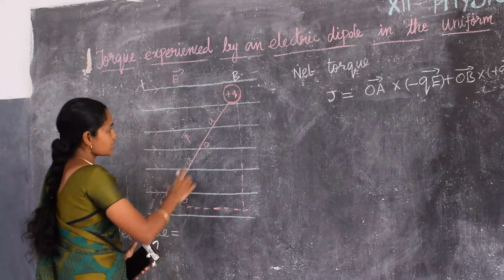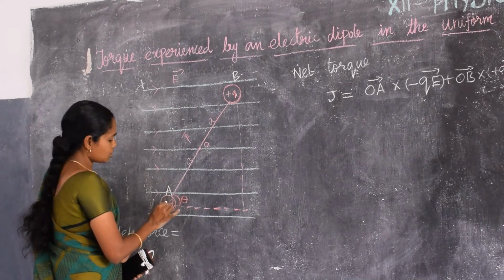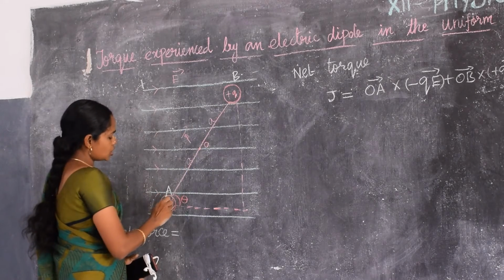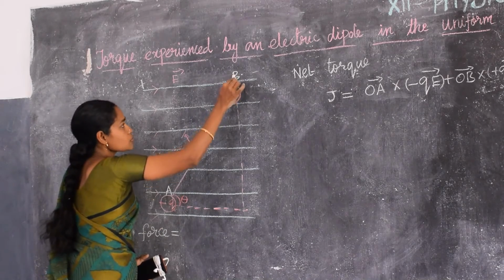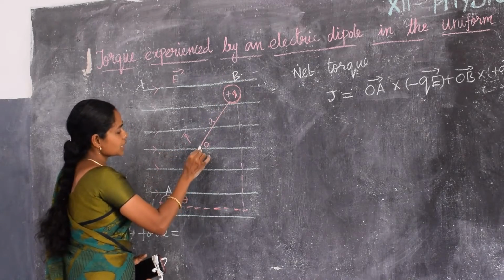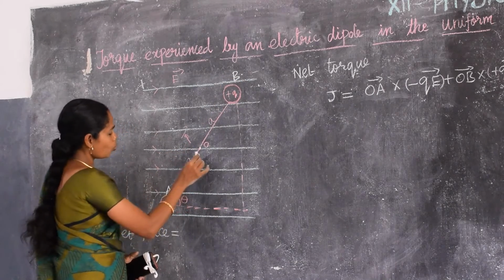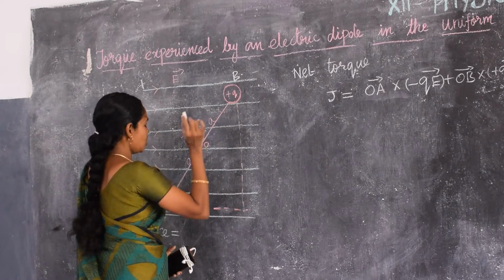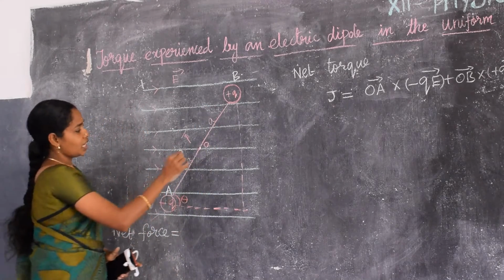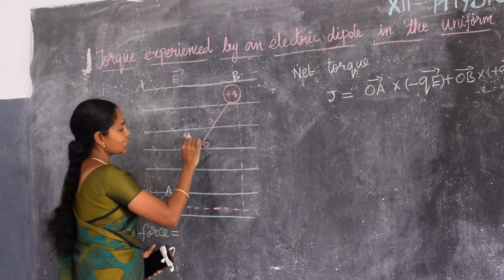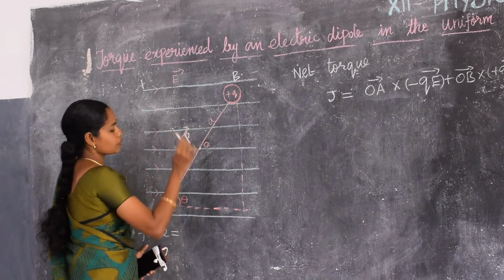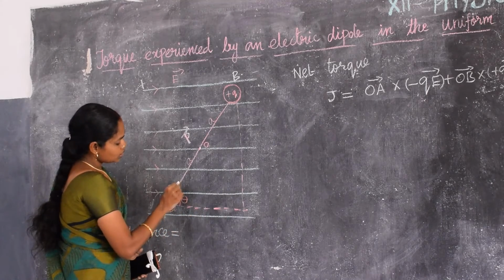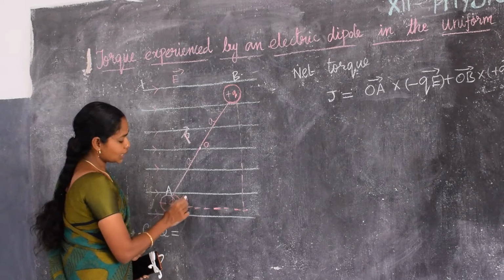Okay. Now we kept a dipole in the external electric field. So this is a dipole. So it starts from negative and ends at a positive charge. So this point as A and let us mark this point as B. This is the center of these two, that is O. The length of these two is A, this is also A. So the total length is 2A, and this is the direction of electric dipole, that is P vector. So this is the direction of electric field. So the angle between two direction is theta.